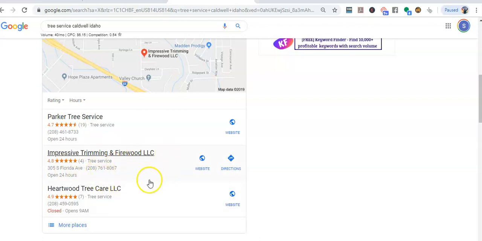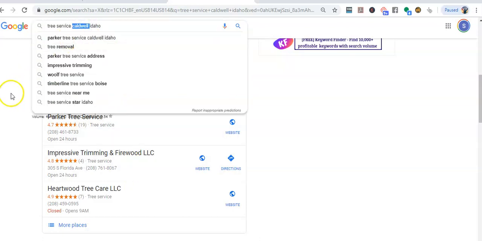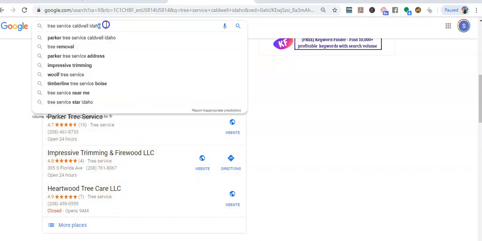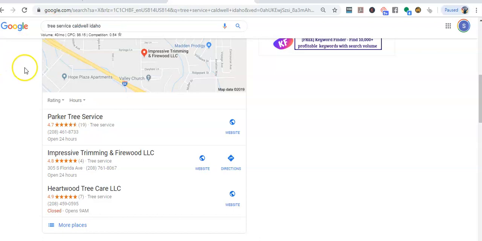We just want to get a GMB verified with a local address, local in this example being Caldwell, Idaho. We just want to get an address verified in that city, get that GMB ranked in the map pack, in a 3-pack. So when somebody is searching for a tree service, Caldwell, Idaho, for a tree service company, they just call this phone number. And if you think about it, that's one reason we go and do rank and rent